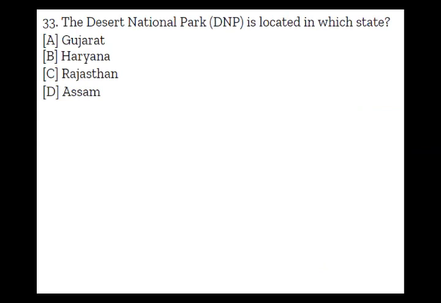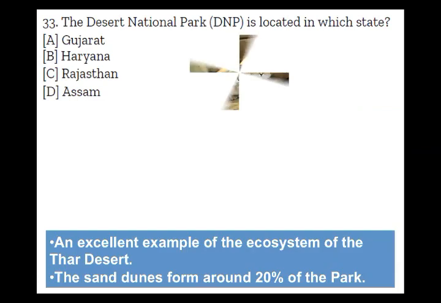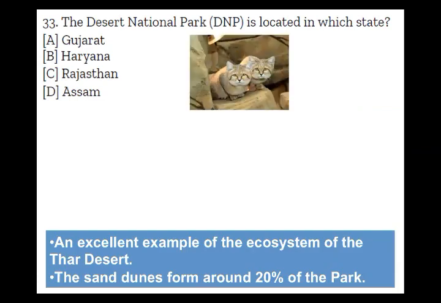The Desert National Park is located in which state? You will easily come to know it belongs to Rajasthan, where you will find this desert national park, which is the best example of the Thar Desert ecosystem. This national park occupies 20% of sand dune geography. Sand dunes are predominant in this national park, which